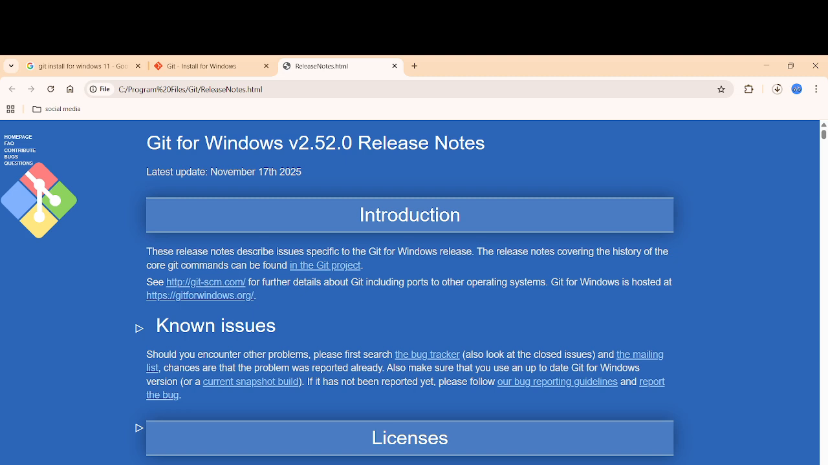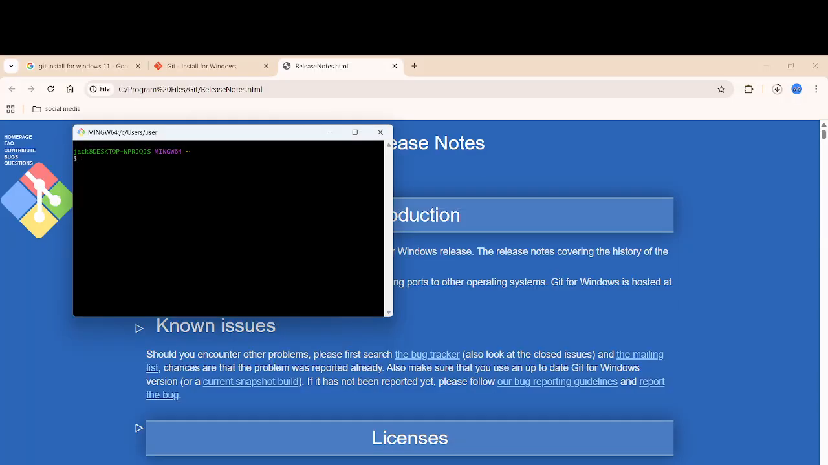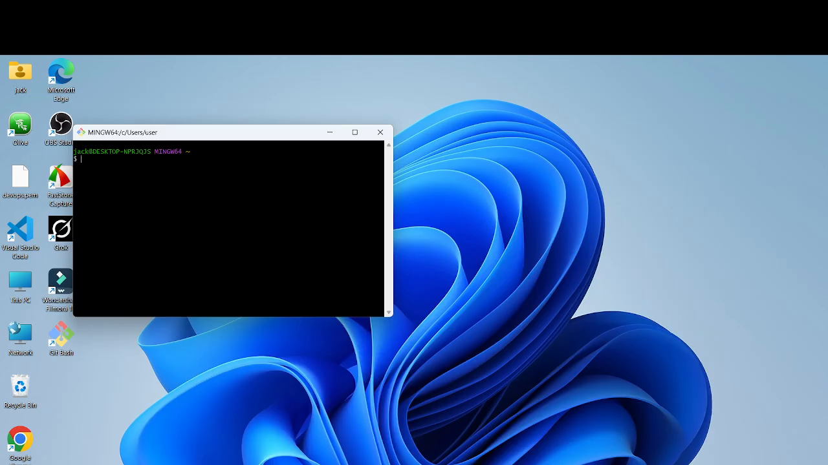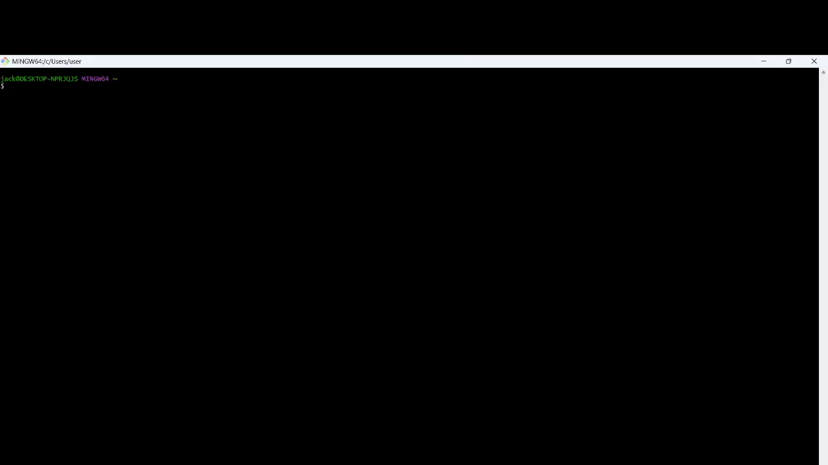and you will get the console. You select it and you can find the shortcut over here, Git Bash. So we have successfully installed Git Bash on a Windows 11 machine. And in order to check the latest Git version, you just type the command called